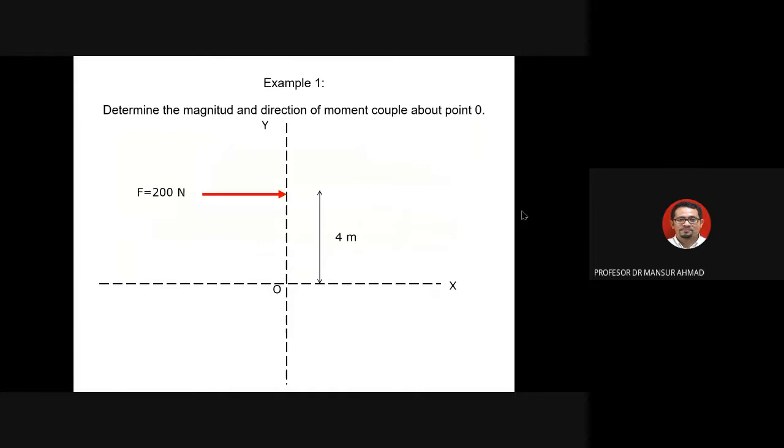Okay, this is example moment couple. When I talk about moment couple, ada dua lah, sebab dia couple. Kalau kata ni gunakan, you nampak juga ada couple tu, ada couple sini, ya, manusia lah. Ada dua orang. Contohnya lah. Over here the same thing, when you talk about couple, there's two. Ada gandengan daripada dua, ya. So I want to determine the magnitude and direction of moment couple about point O.